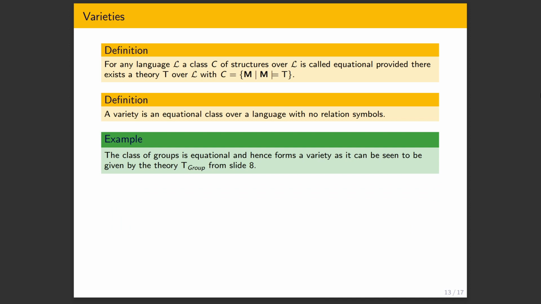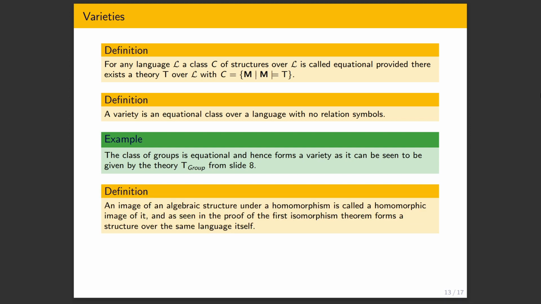If you have any equational class of algebraic structures, it's going to be a variety. So it suffices to just look at the theory of a language without relation symbols, say the theory of groups. Now the classical models of the theory of groups, so just the classical groups, is going to be a variety. Similarly, the classical rings is a variety, the classical monoids is a variety, and so on. And really, universal algebra is about studying varieties, about studying properties of the algebraic structures in varieties by studying just general things about the varieties. That's basically the main object you study in universal algebra.